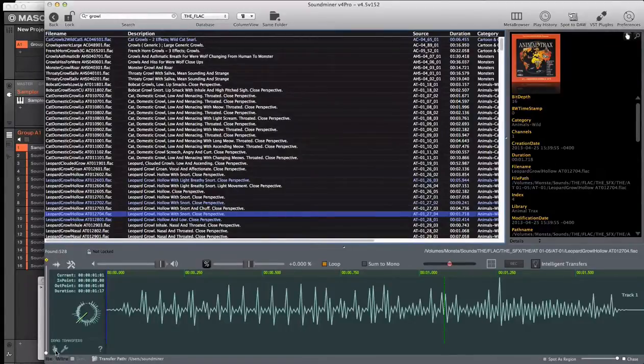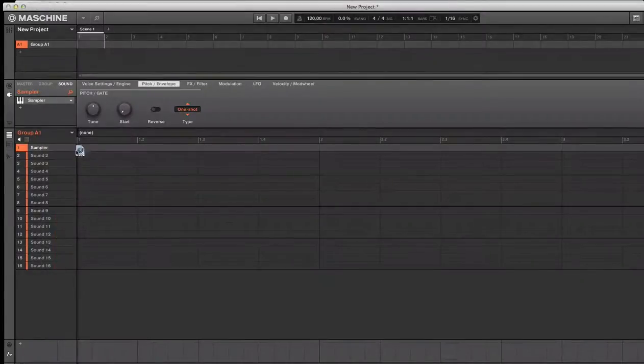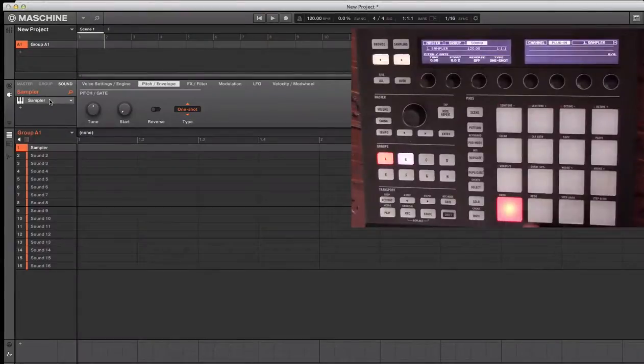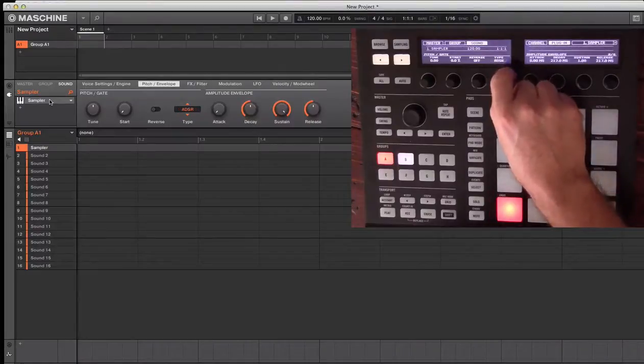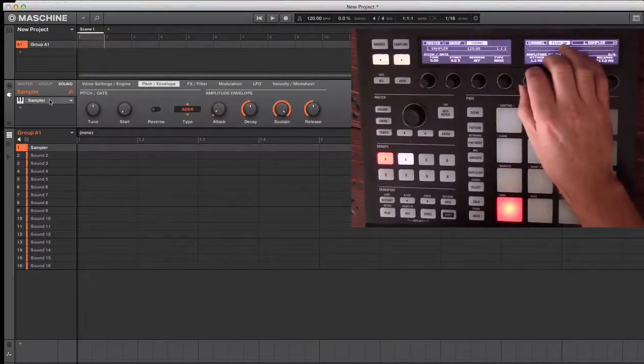Now I just click and drag on the little hand icon. When it flashes, that means I'm okay to drag. I'll drag it, and then I could drag it onto the sampler. And now, when I play the Maschine, it plays the sample. Right now it's set up for one shot, but I can change that, put a little attack on it,